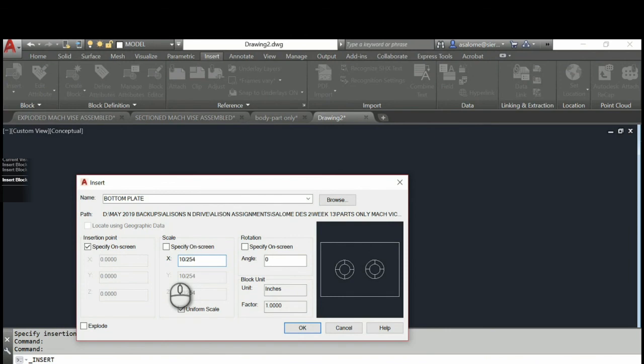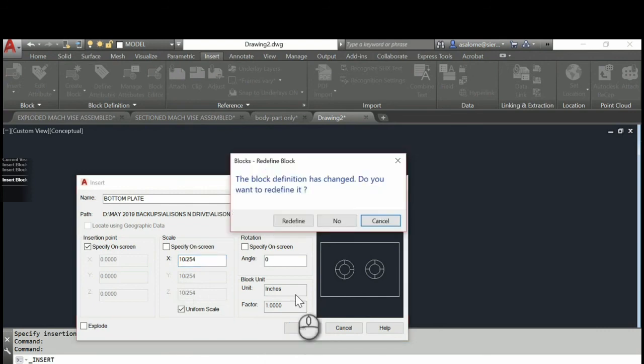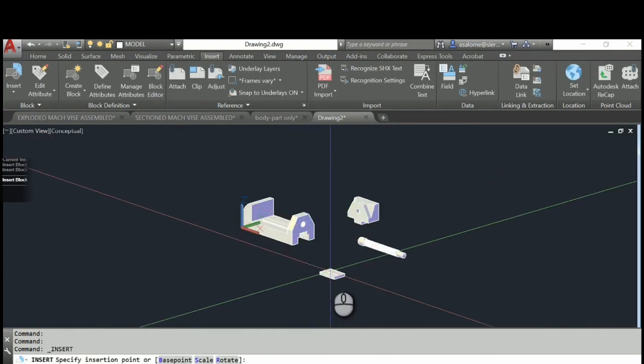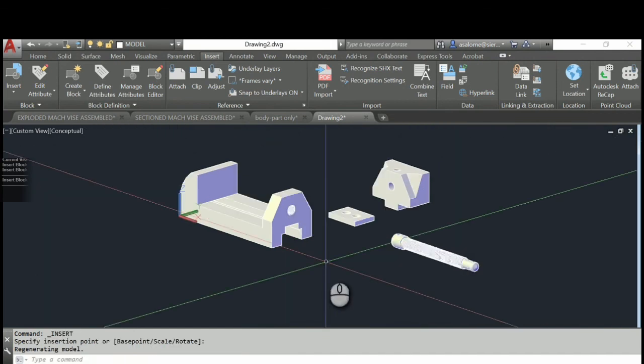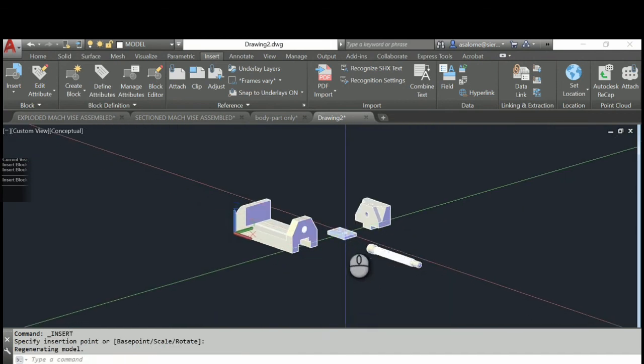So all I've done here is both in the numerator and the denominator, I've simply moved my decimal one place to the right so that I have no decimal values in either the numerator or the denominator. And what that's going to do is it's going to do our conversion for us, and it's going to bring that part in at the correct scale. Okay, that's the only one that's going to have that issue. All of the others just simply come in at a scale of 1.